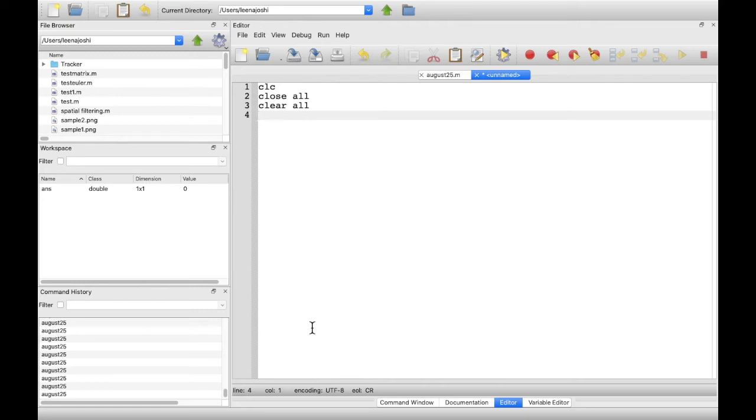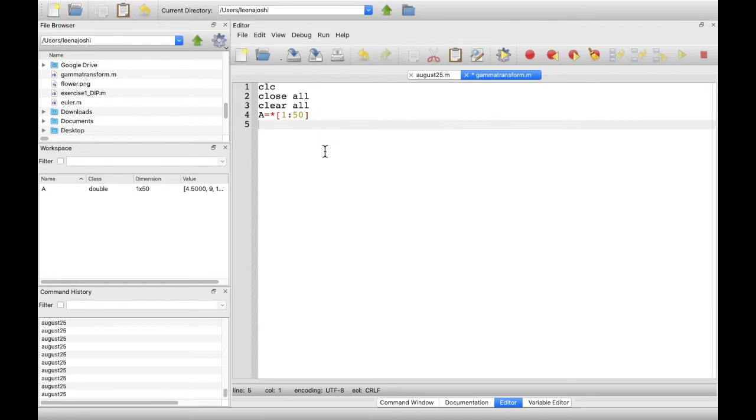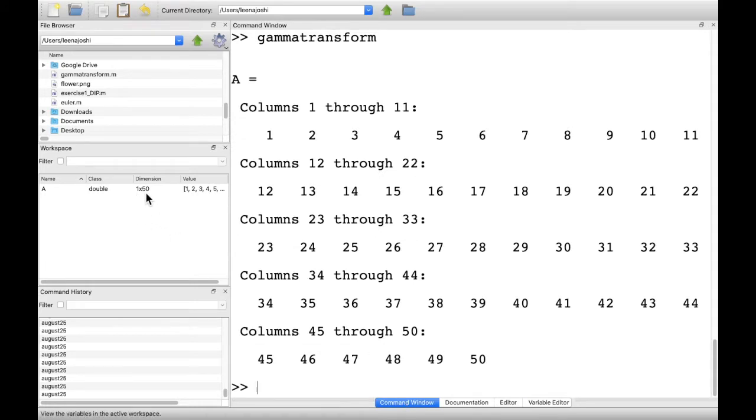Now we will see how gamma transformation is applied to a particular image. In order to do that, let us create one ramp image. So I will say A equals, I'm creating a ramp image A. So this 1 to 50 will create a one-dimensional matrix of size 1 into 50 that you can see here, and my values are from 1 to 50.